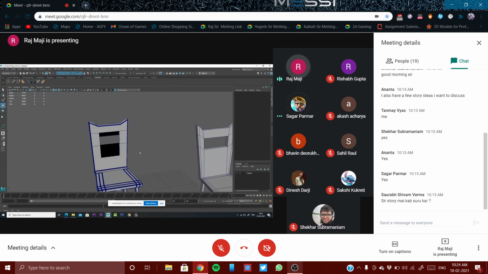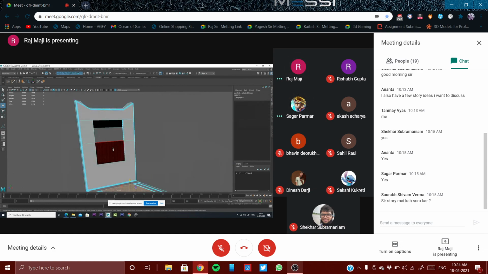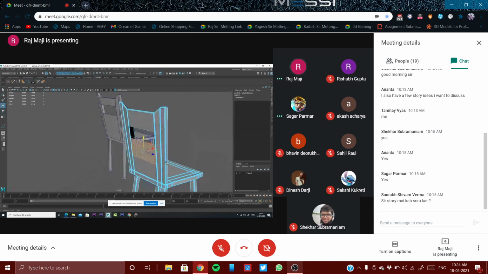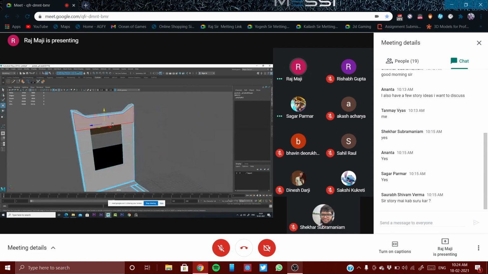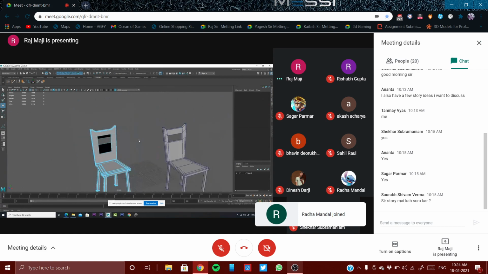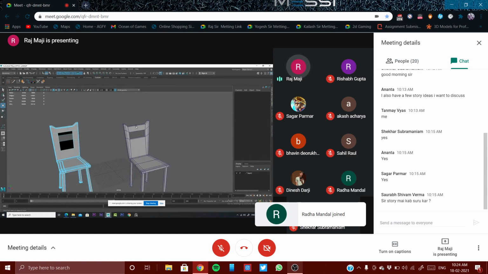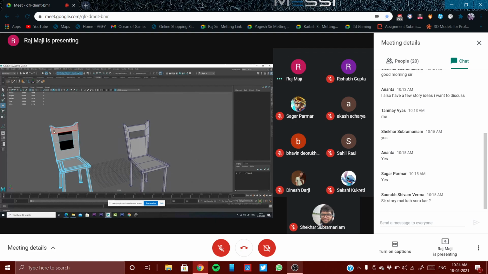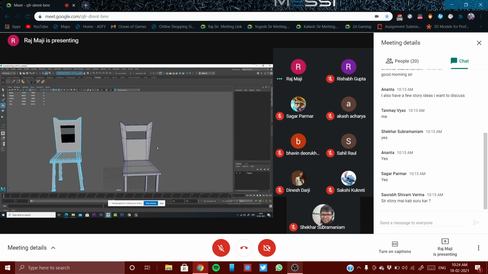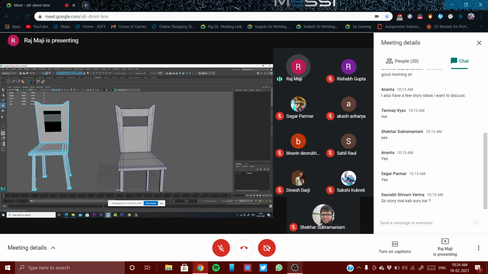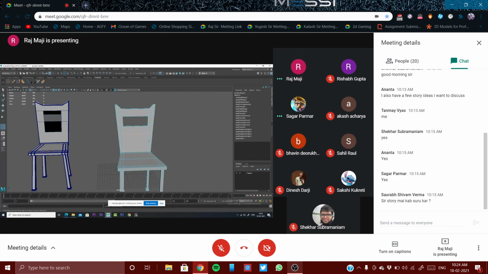Over here, basically, only one side the face is there, but in front that face is not there. So over here, through bridge, what I have done, you also could have done in the same way. You will get something like this. I'm sure you wanted something like this, but it happened like this. Now you can make it a little bit better.